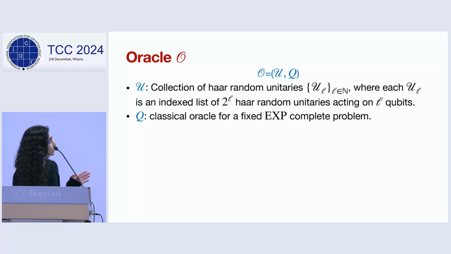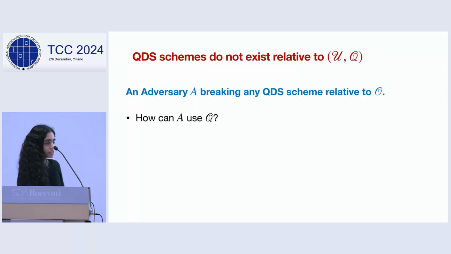So U is a collection of random unitaries, U sub L, for all L. And each U sub L is an indexed list of 2 to the L random unitaries acting on L qubits. So it's a set of U_Ls where each U_L is a set of 2 to the L random unitaries. That's the quantum oracle. And the easy part of this result is proving that pseudorandom states exist relative to this oracle. So I'll focus more on